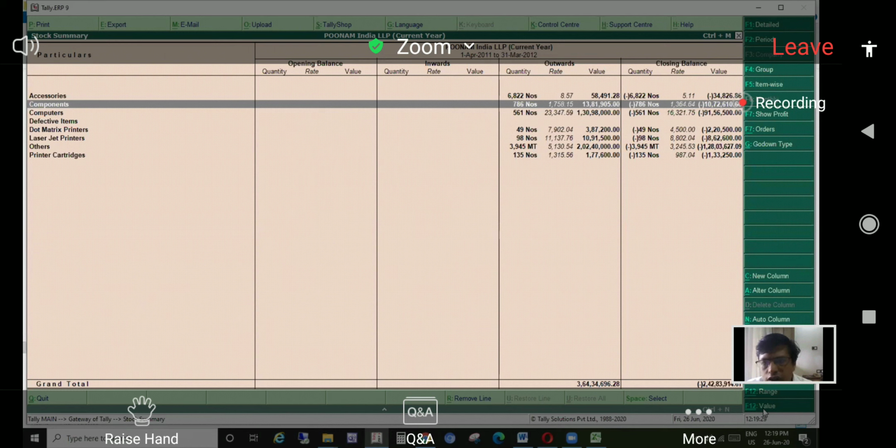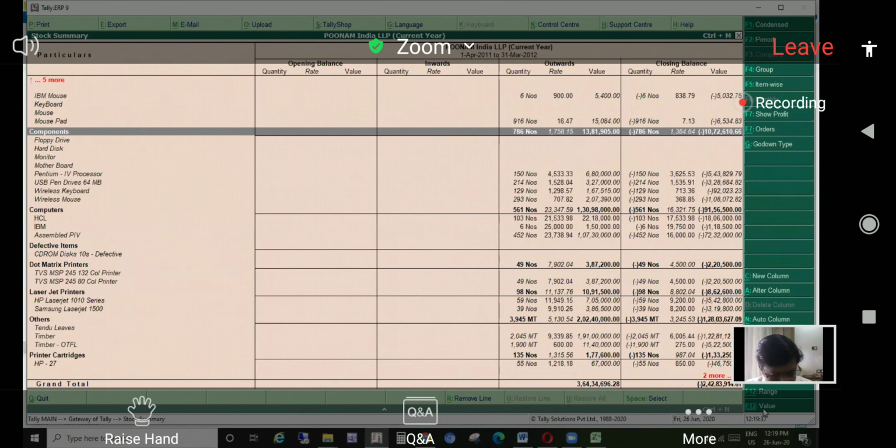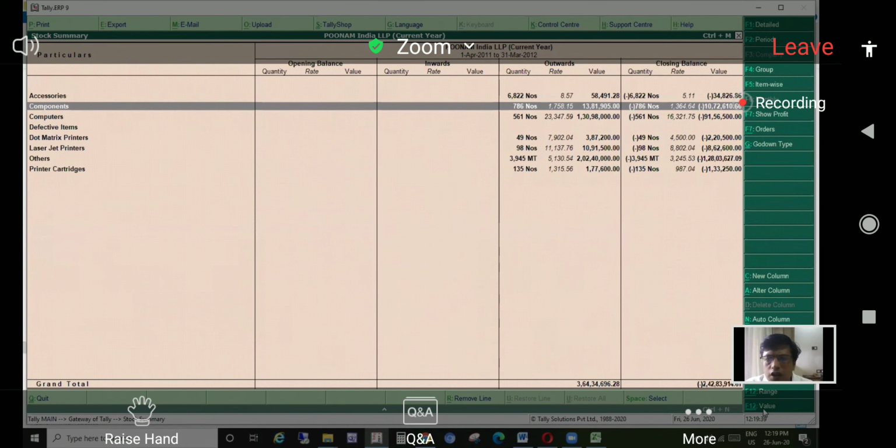The outward details for your entire quantitative information, what has been sold during the year. With Alt F1 we can get it item wise as well. So using Control F12 we get the filtration of a particular voucher type. There are many other options; I have just given you a brief overview.